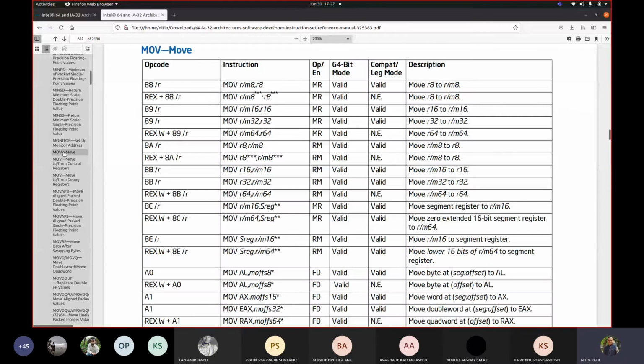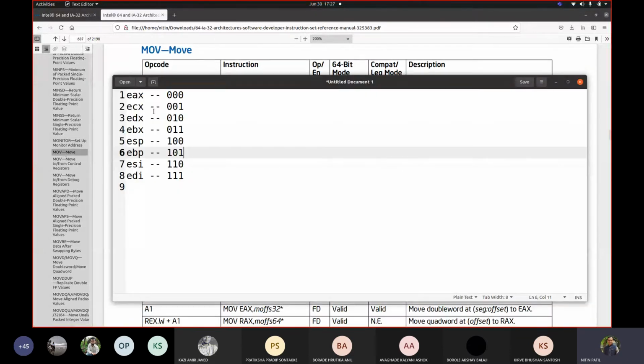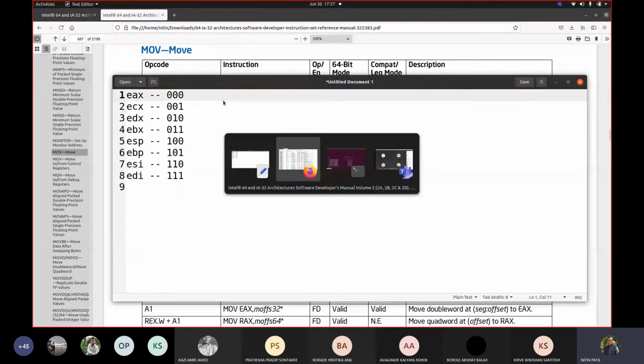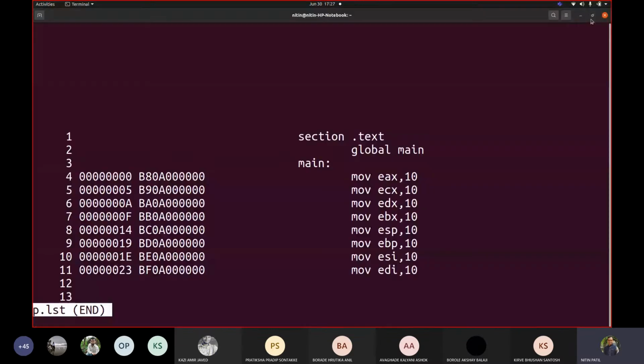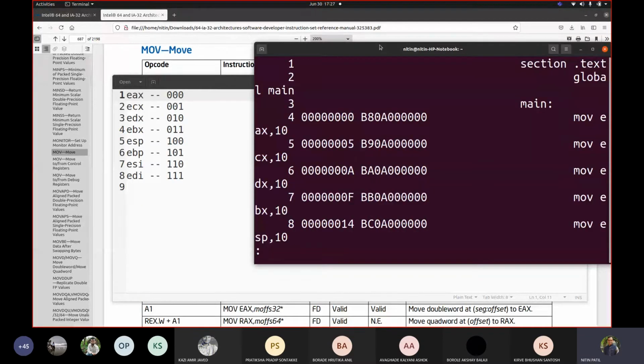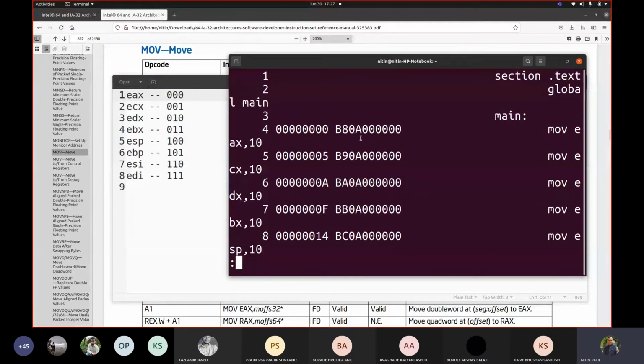Now, if these are the numbers that we had, and from the source code point of view we got B8, B9. If I add B8 plus 0, what will I get? B8, correct? If I add B8 plus 1, because my second register was ECX, correct? You can see here.